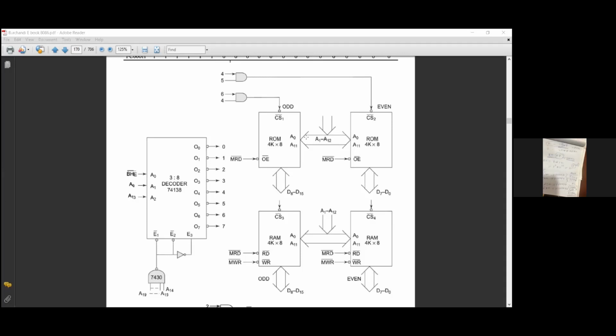That's why just see ROM and RAM everywhere, it's connected with A1 to A12. So how many address lines are connected, A1 to A12? 12 address lines. If it were A0 to A12, then it would be 13 address lines. But we are connecting A1 to A12, which means 12 address lines. It's connected with respect to ROM over here, and with respect to RAM over here.